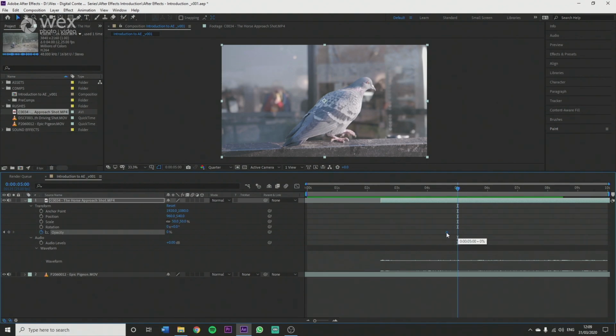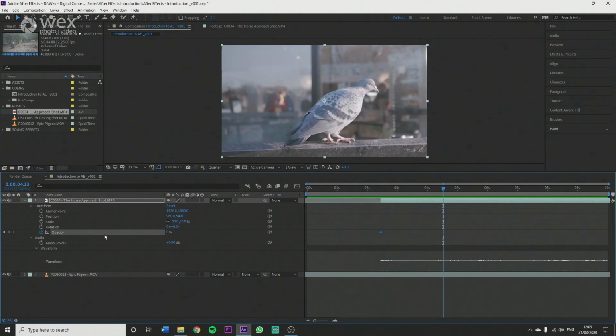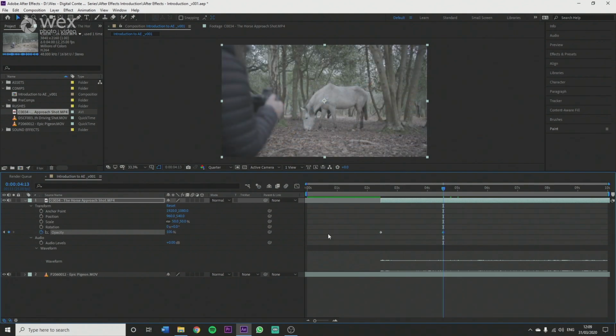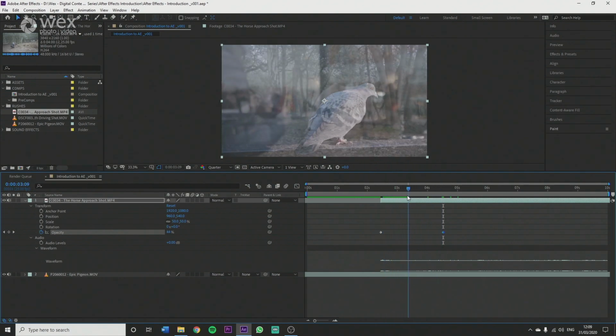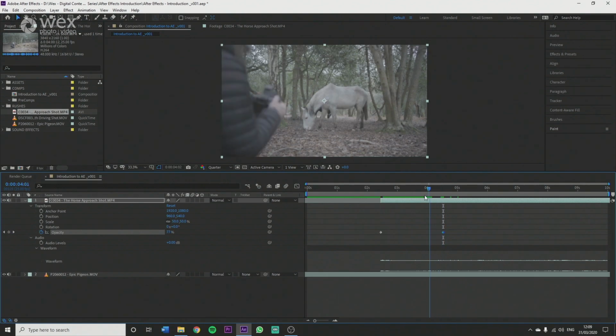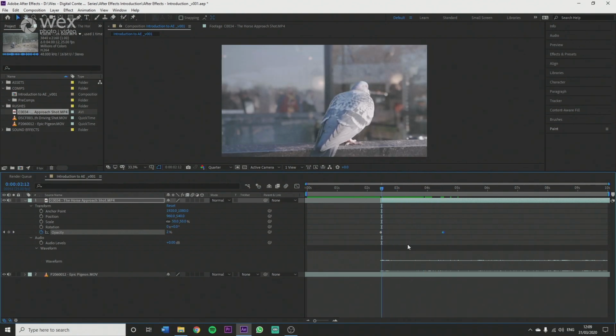And so what I'm going to do is drag this little diamond and pop it over here, because now this is a keyframe. What that means is that if I say this is point A, and I make another one over here, the keyframes will always happen where your cursor is, by the way. I drag this all the way back up to 100, and it will automatically create a new keyframe. What we can call this one is point B. Now what these keyframes always do is they move from point A to point B all the time. So what we've just done is create a very basic fade,